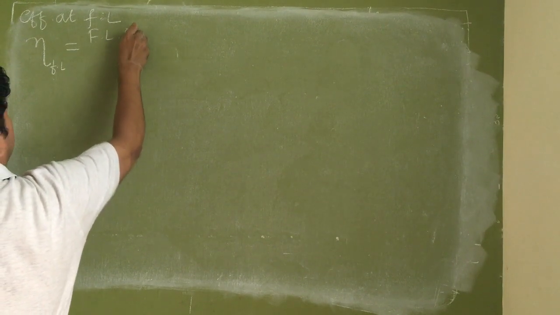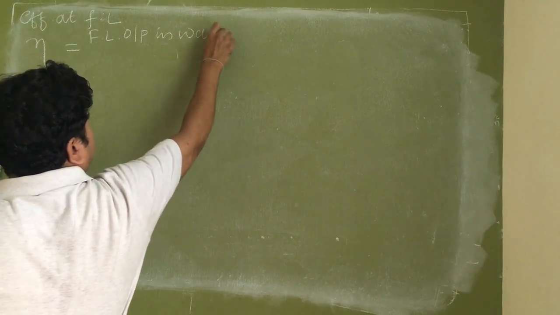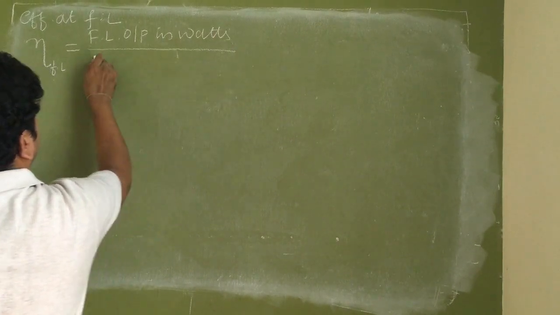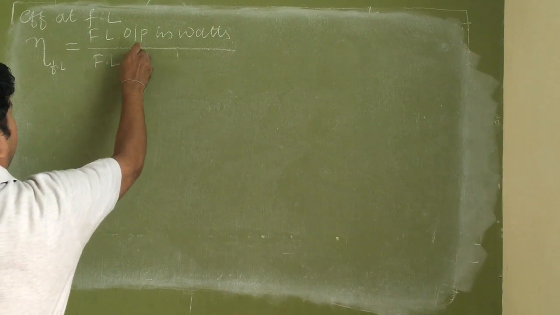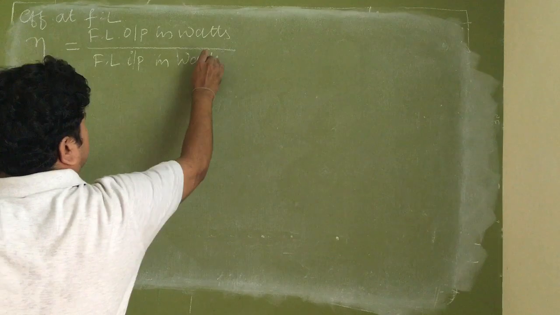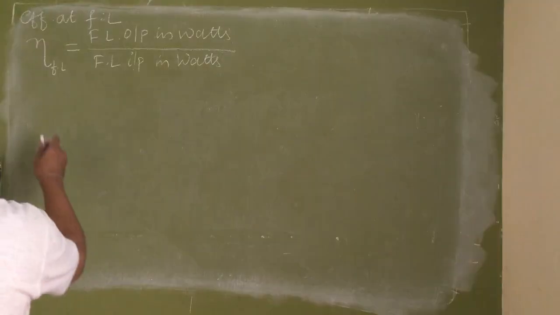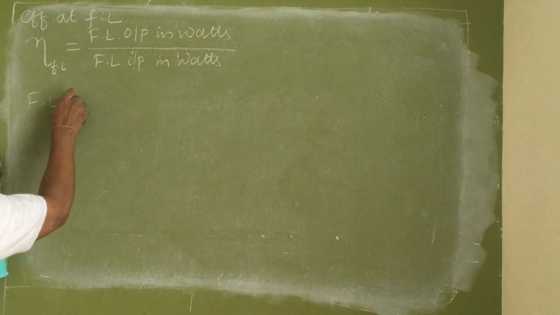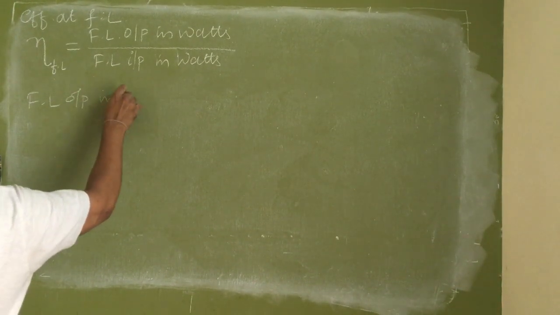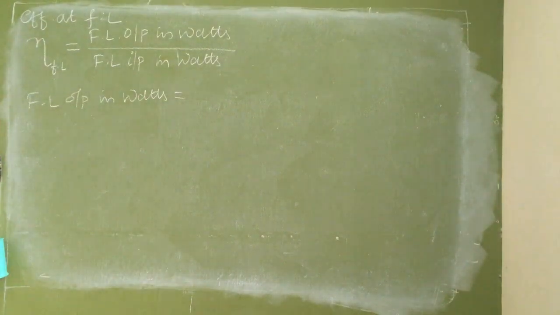full load output in watts divided by full load input in watts. Full load output in watts divided by full load input in watts. So what is full load output in watts? Full load output in watts is